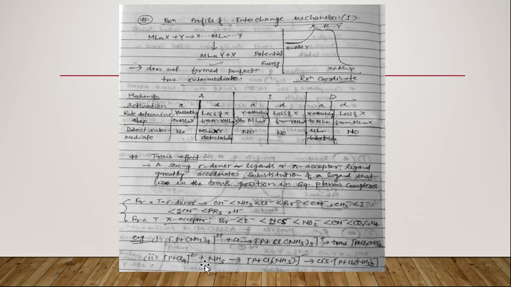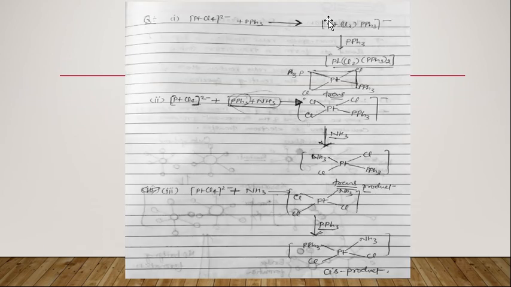Second, also PtCl4 2-. So here it is just the opposite. Here it forms the cis product, because the trans effect of ammonia is lower than that of chloride. So that's why it forms cis, just the opposite of this. In the next slide, these are the examples given here. You can see and understand yourself.